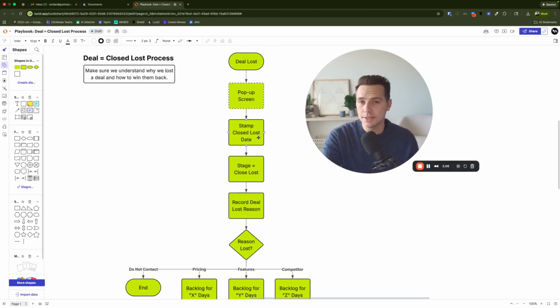I might have different pricing. I might have a different team. I might be able to help them out in a different way. They might have different needs, right? We might have more features if it's a product we're selling. So we do want to capture this so that we understand, when was the last time we spoke with these